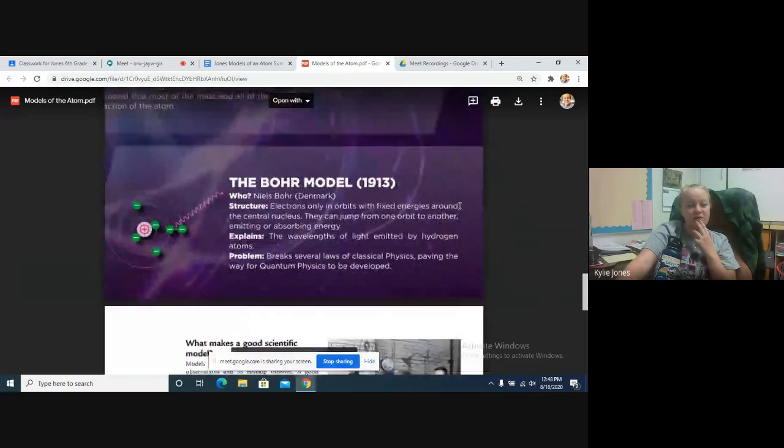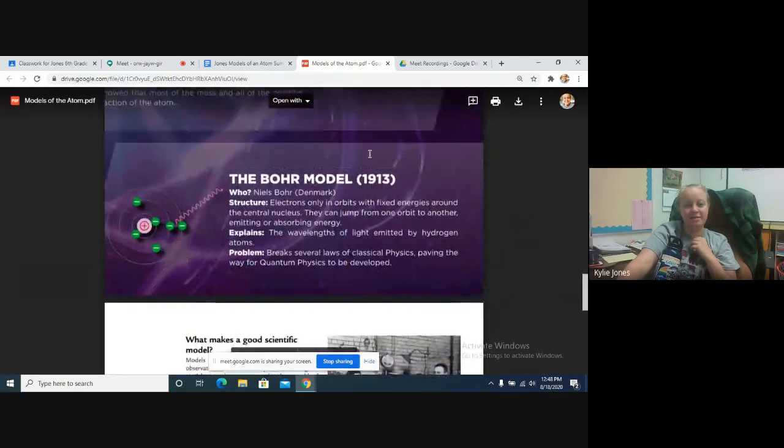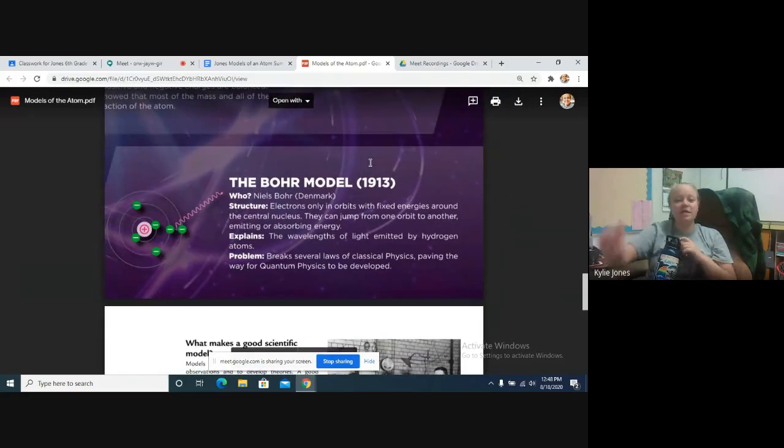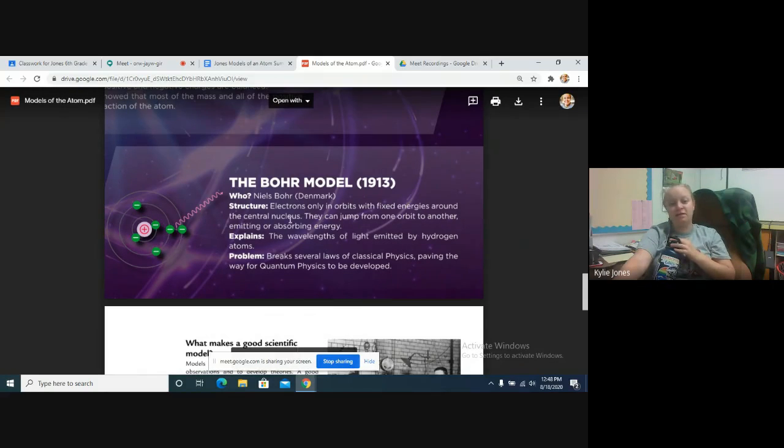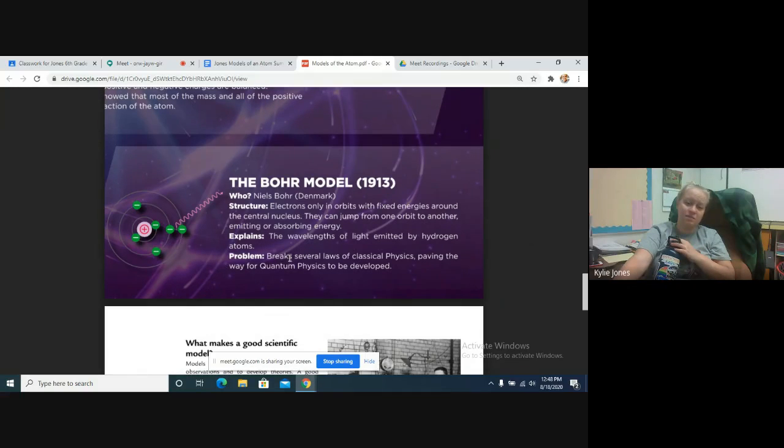Our last one is the Bohr model from 1913. This was done by Niels Bohr. The structure says that the electrons only exist in orbits with fixed energies around the center of the nucleus. They can jump from one orbit to the other, emitting or absorbing energy. So this explains the wavelengths of light emitted by hydrogen atoms, but the problem was that it breaks several laws of physics,